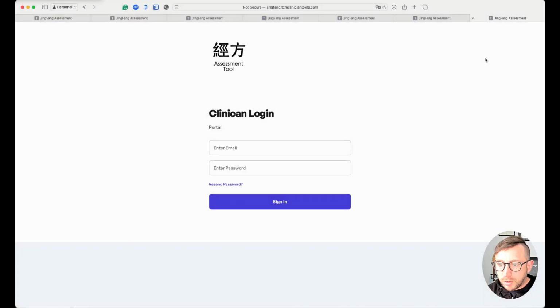Hello, everybody. I want to introduce you to an app that I've been creating off and on since the COVID times. That came from my need to get more objective data when seeing patients remotely in a telemedicine context for herbal medicine. What I found many times is that you have an idea of what's going on with that person, but without being able to touch them, take their pulse, palpate them, you really are torn between a few different